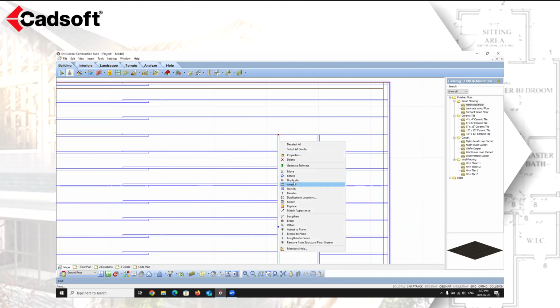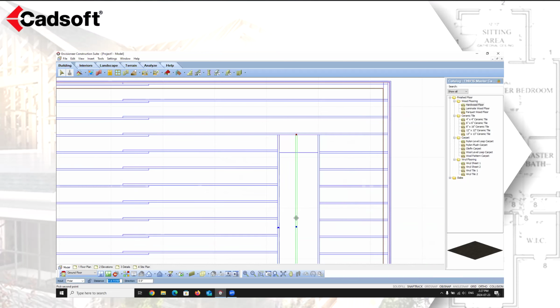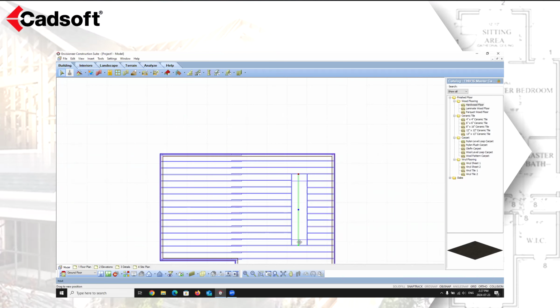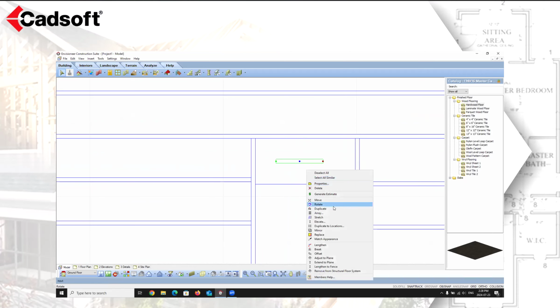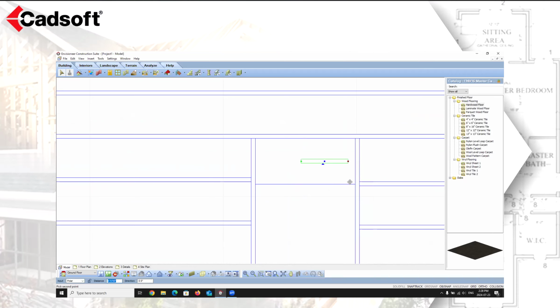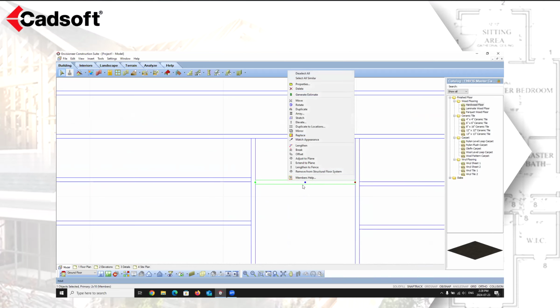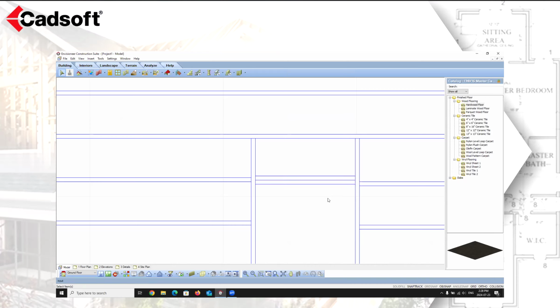So I'm going to go in and say duplicate. I'm just going to duplicate him to there. And then I'm going to stretch it, rotate it, and I'm going to move it into place. So I want the header designation. You can use a joist and adjust the designation if you wanted to as well. Either way will work. I'm just going to grab the two or the option that's already in there, and then